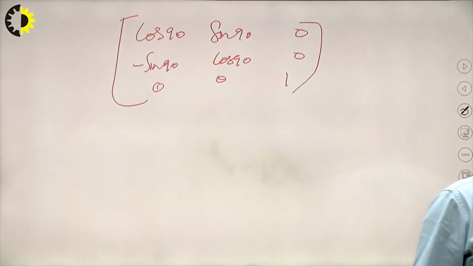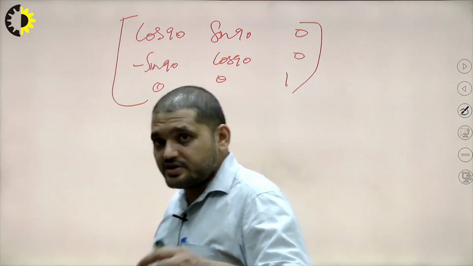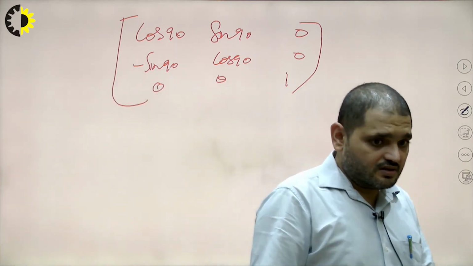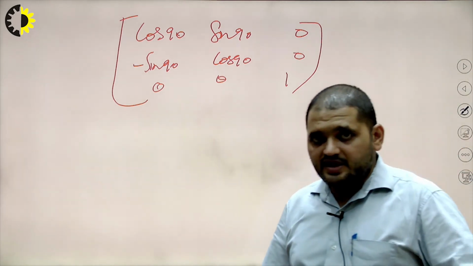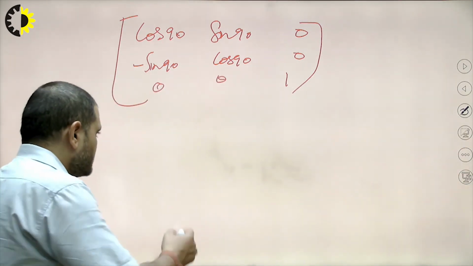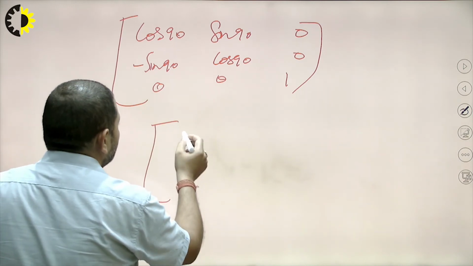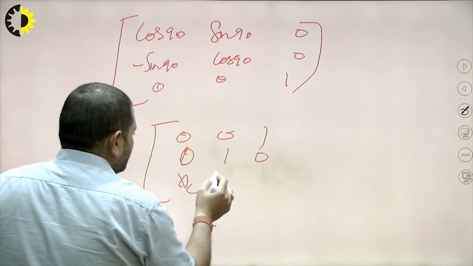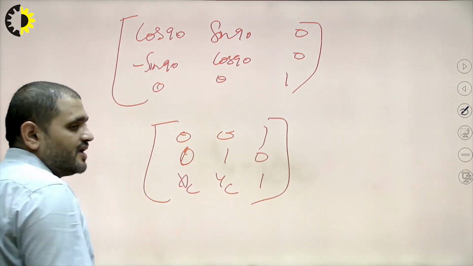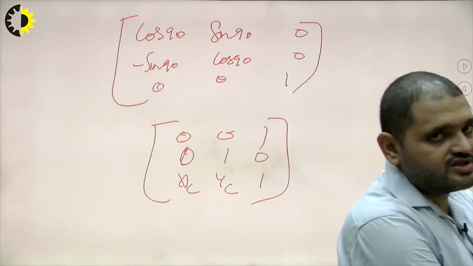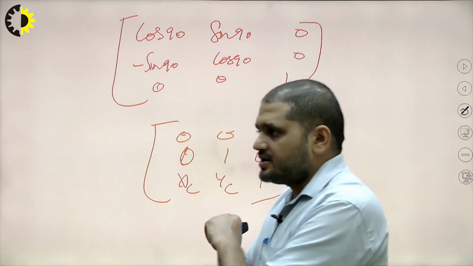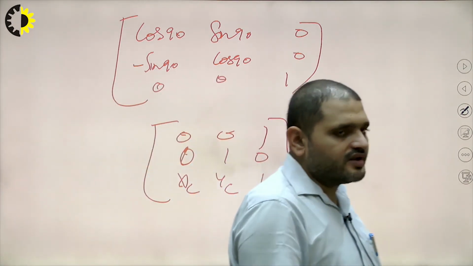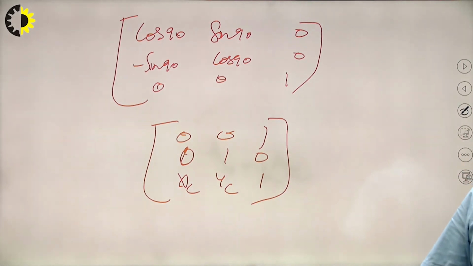Last, we have to take the square rectangle back to its original position. For that, the translation which we did before the rotation, we will reverse so that we can take the figure back to its original position. So the reverse translation matrix will be equal to 1 0 0, 0 1 0, xc yc 1. Multiplying all these matrices results in a homogeneous transformation matrix, with which if we multiply the coordinates of the old square, we can find the new coordinates of the transformed rectangle. Okay.